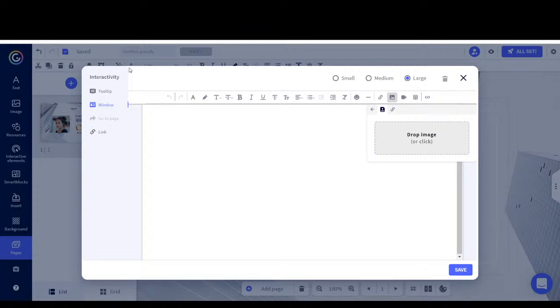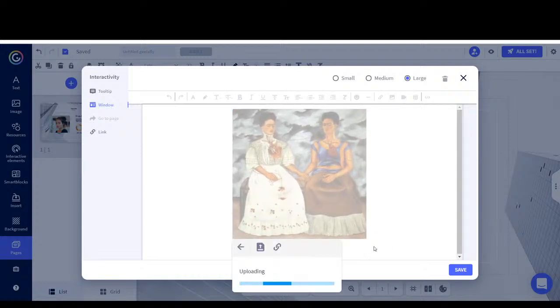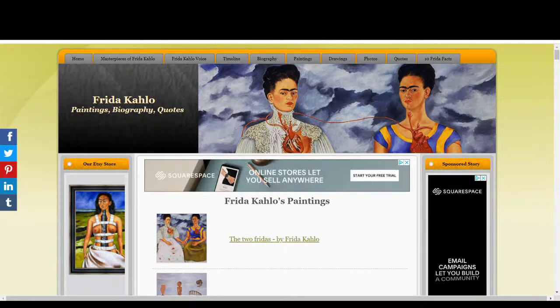I have one ready, so that I can have an example of her works. Let's see if it loads. My connection is a bit slow. Okay, I'm gonna carry on with the